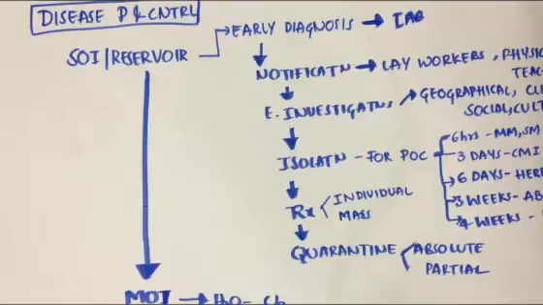Next, epidemiological investigations are done for geographical distribution, climatic condition, social, cultural, behavioral patterns, and to know the character of agent, reservoir, vectors, vehicles, and susceptible host population. Then, isolation. Isolation is for period of communicability. Isolation is nothing but the separation of the infected persons for period of communicability